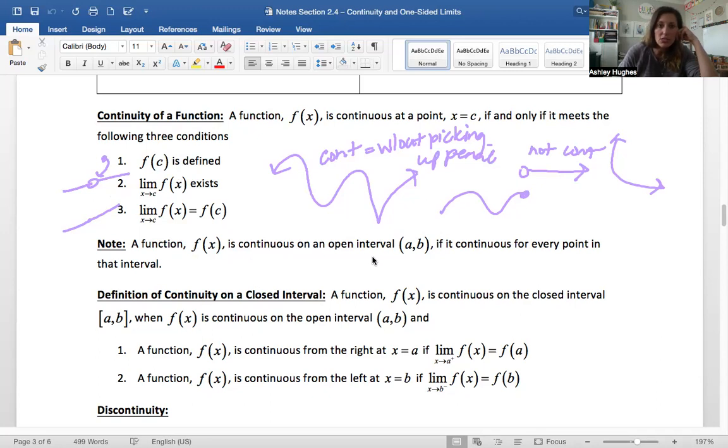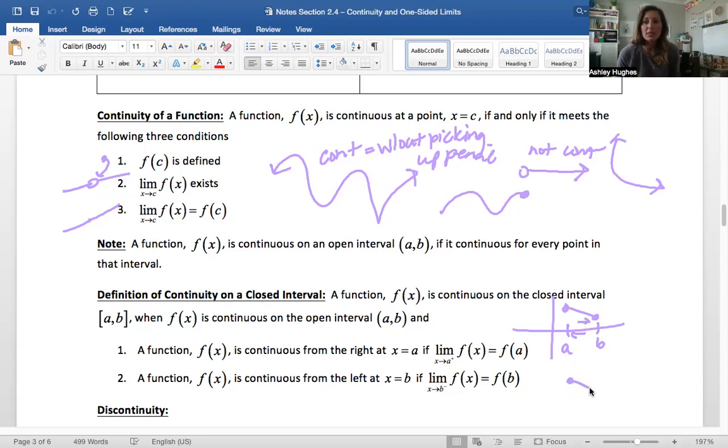A function is continuous on an open interval if it's continuous for every point in the interval. It's continuous on a closed interval as long as it's continuous from the right side and from the left side. So like this is continuous on the closed interval. If I come to A from the right, see how it's continuous, I'm okay. And I come to B from the left, and it's closed in, it's okay, then it's continuous on the closed